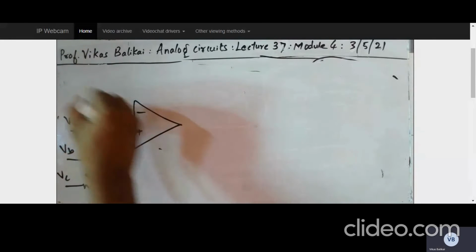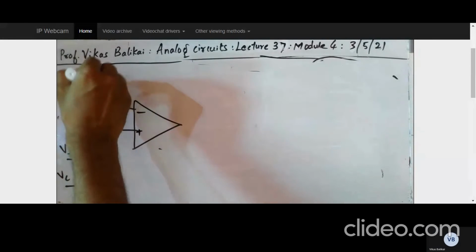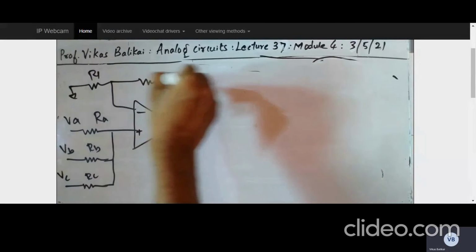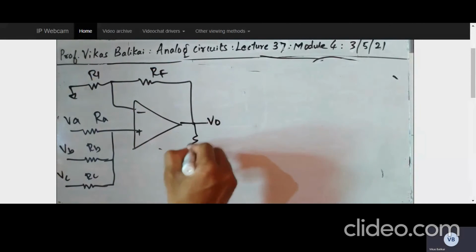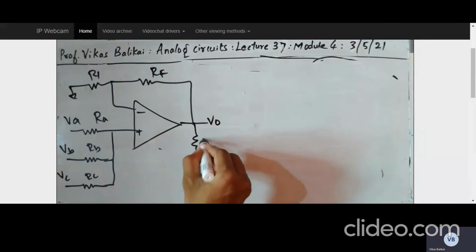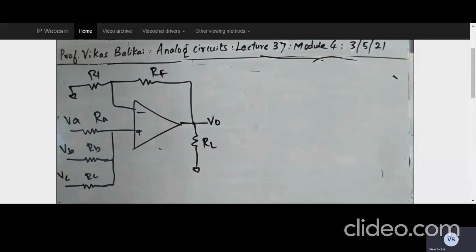There is this resistance R1, and I have a feedback resistance RF, and the output voltage is taken across the load resistance. If this is the scenario,